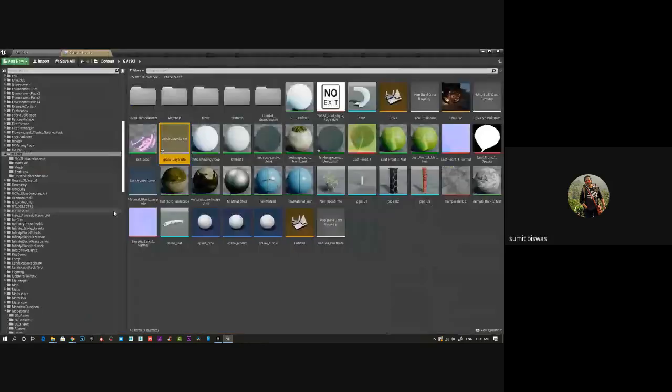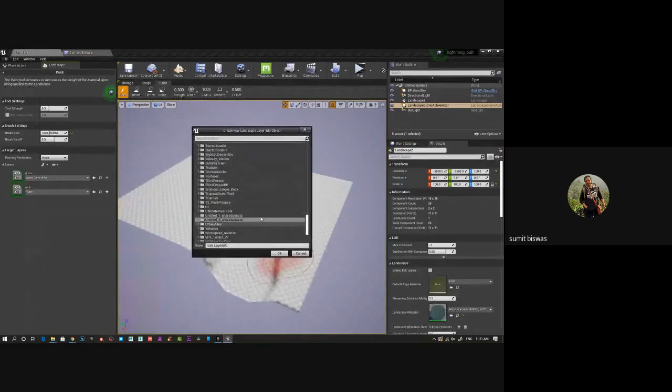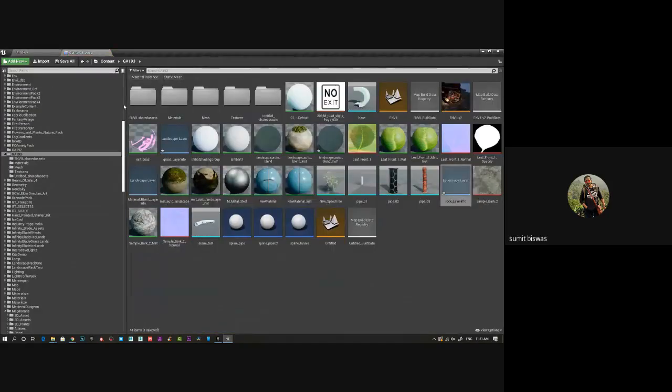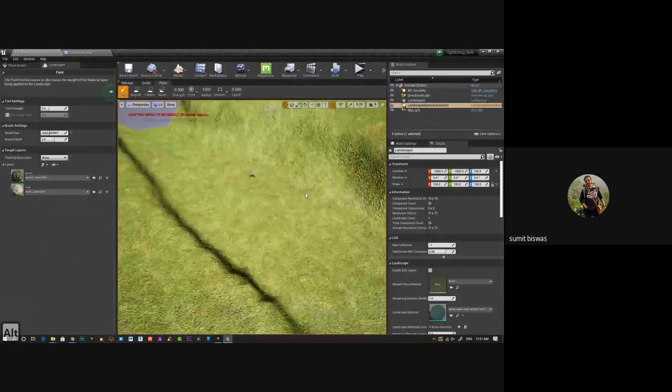Save. Then click on this. Save. So you have to save this layer blend. You see, grass and you have rock. These two were just created. If you don't create them, you cannot see anything.